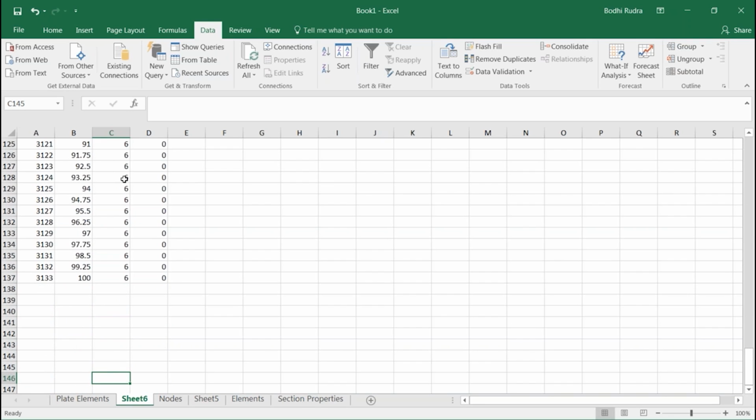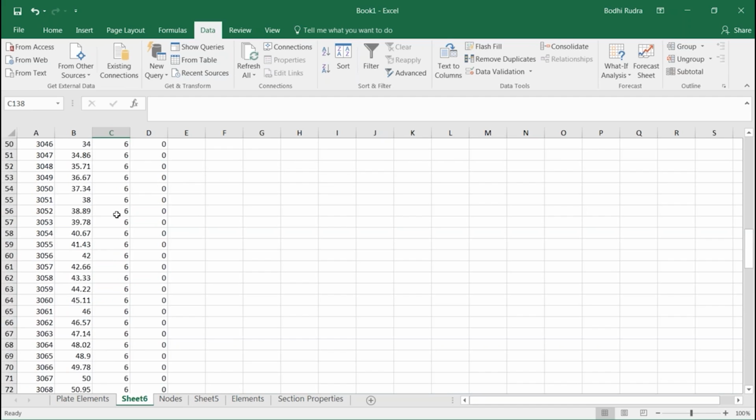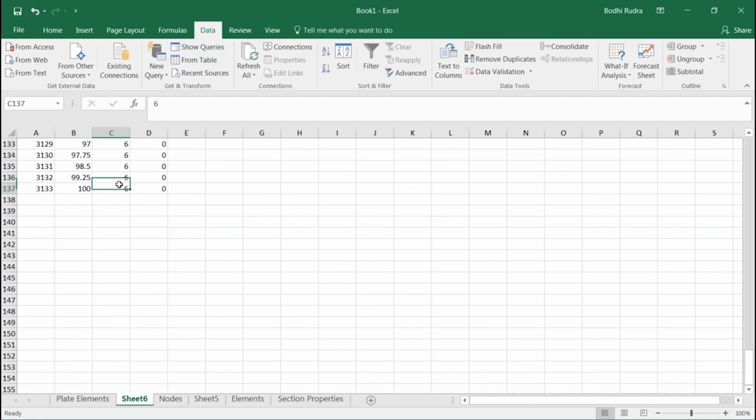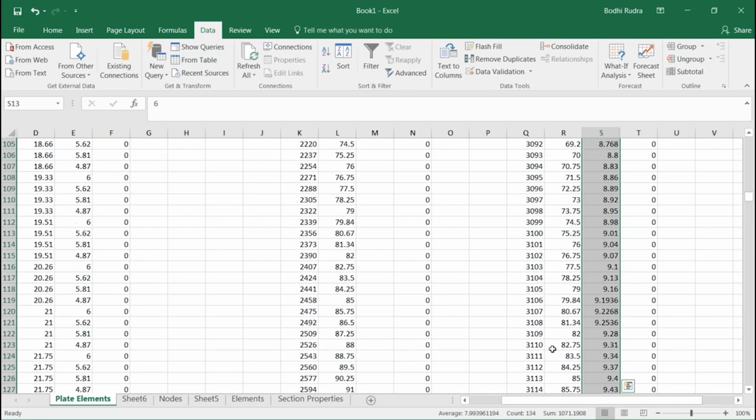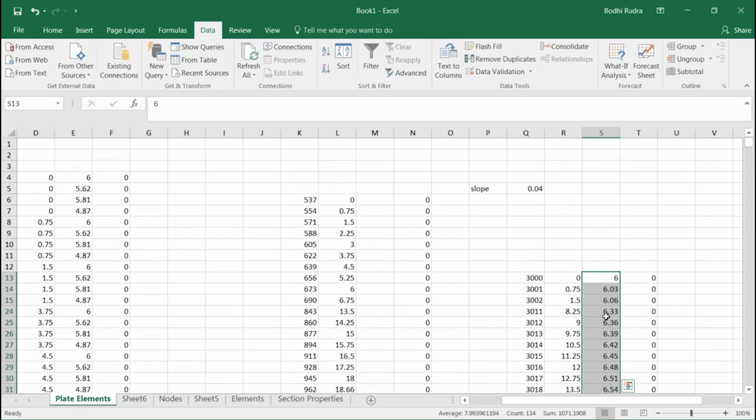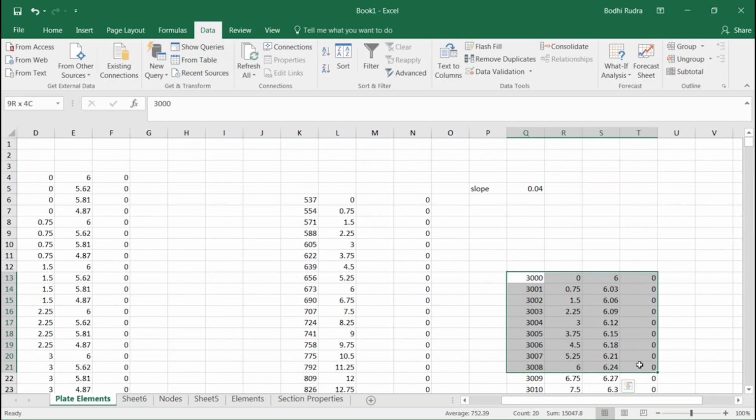For a given slope, you can always calculate the slope. Like if you have 6 here and 10 here, you can calculate the slopes at in-between points depending upon the x coordinate, and you can change the y coordinate in Excel. I have already done that. You can see the nodal coordinates here.